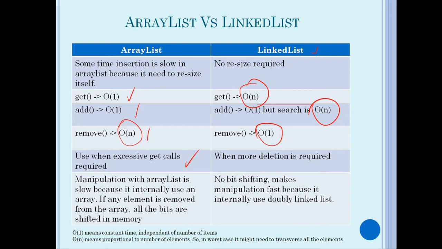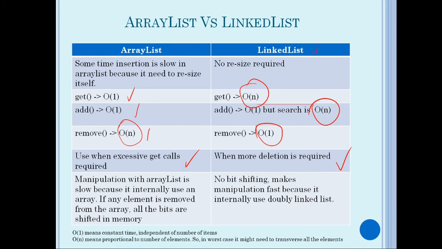And when more deletion is required, for example, you want to delete something from the database all at once, or maybe the client wants to delete all his data from the database, what you need to do is fetch that data into the LinkedList, and then you remove from that LinkedList and push that LinkedList back to the database as an empty list. So in that way the LinkedList